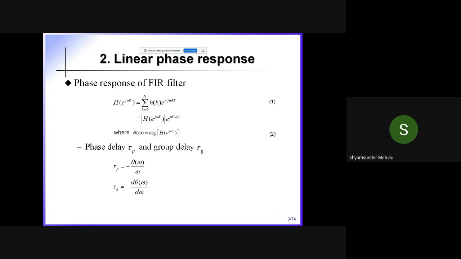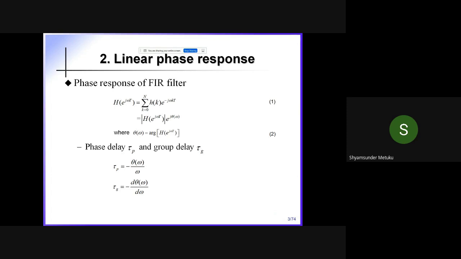Okay, sir. Now coming to the phase delay, tau p, it is a symbolic representation. Group delay is tau g. So the equation is given by theta omega by omega, right? You get a relation something like this. When you divide theta omega by omega, it will give a constant, right? Whatever theta omega is given to you, for every sample you divide by omega, and the minus of that. So it indicates that it is linearity. Other way I will tell you.